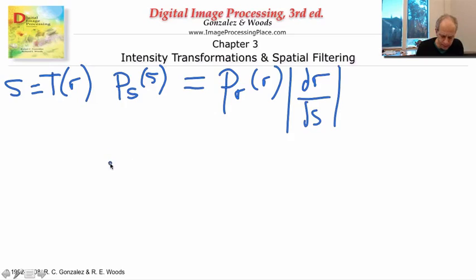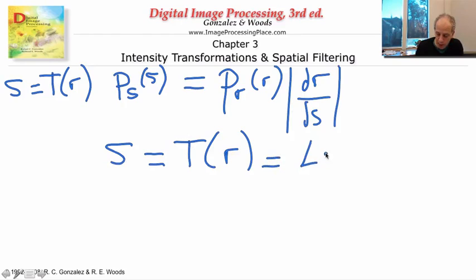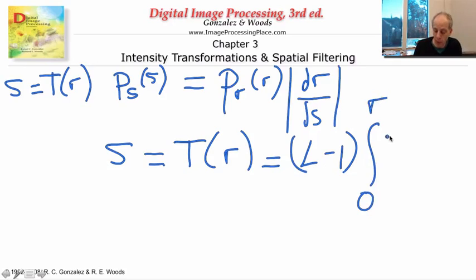So let's just assume for a second, and I'm going to prove to you that this is the transform that we are looking for. Let's assume for a second that this is my transform. So S is a transform. So from any pixel value, I will get a new pixel value. And let's write it as L minus 1 times the integral from 0 to R, and I'm going to explain the interpretation of what I'm writing in a second, of the current histogram or current probability distribution